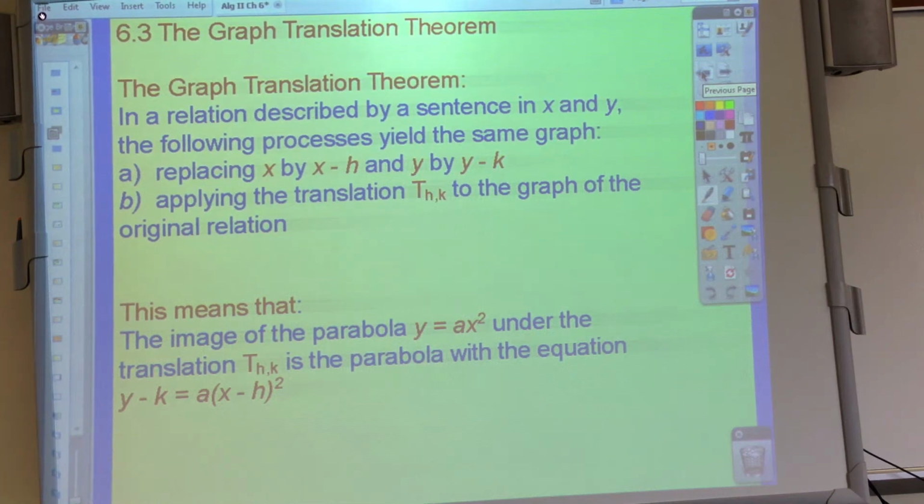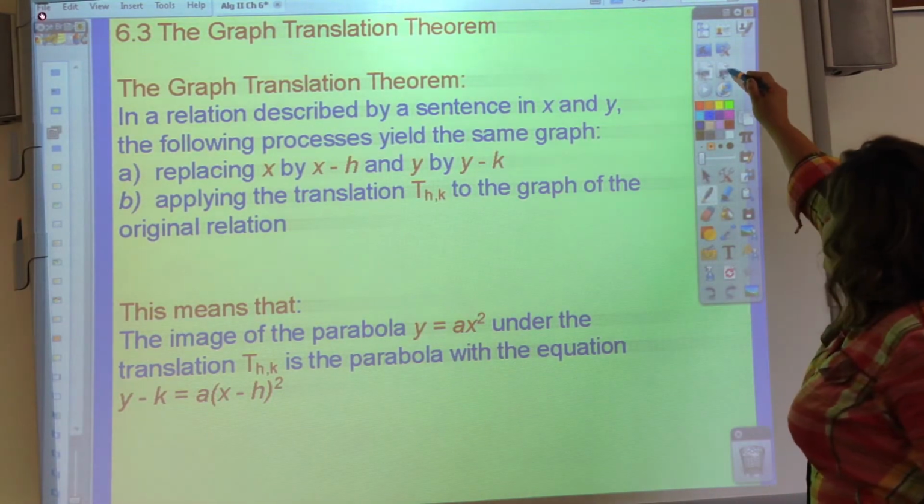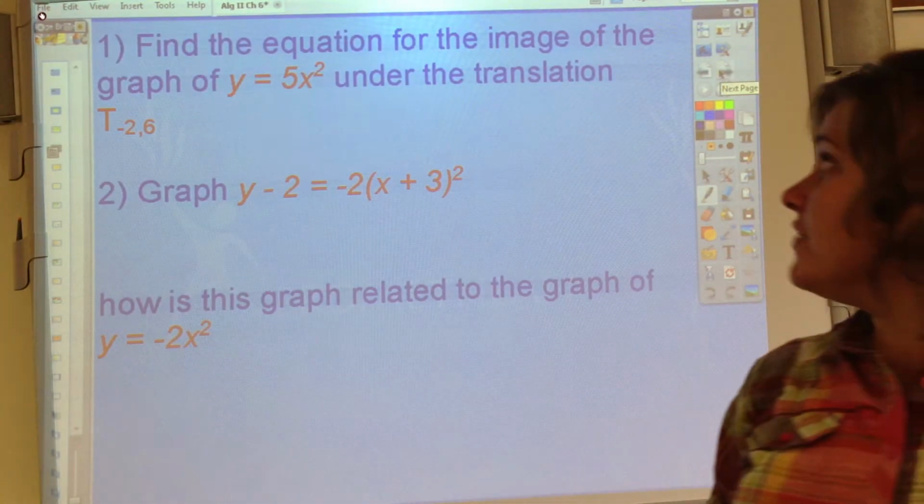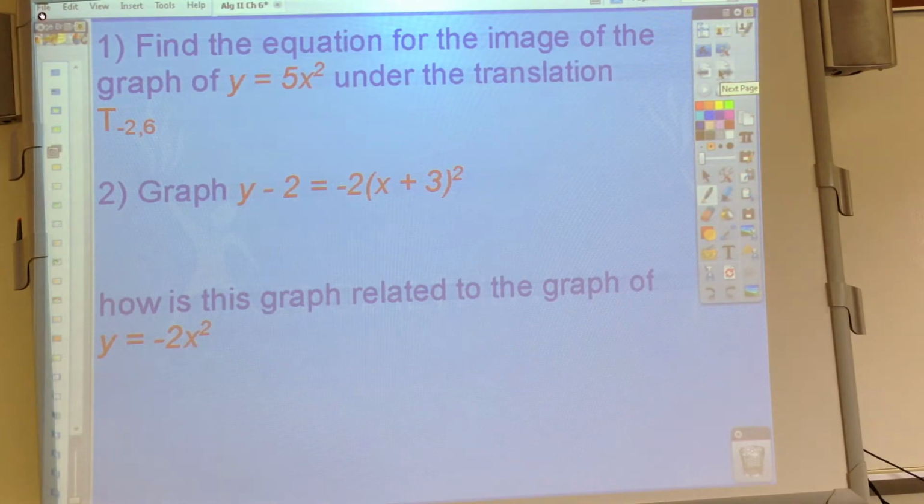This is section 6.3, and we're going to talk about the graph translation theorem. I'm not going to bother reading you this entire piece. I'd like you to put the video on pause and please copy this theorem. All right, now that you're done,